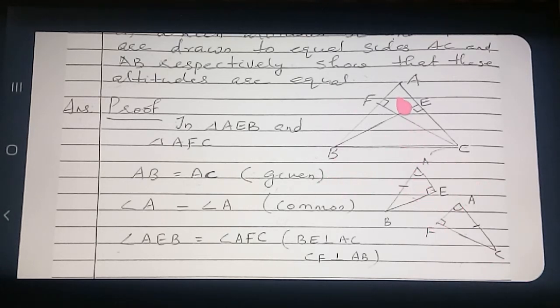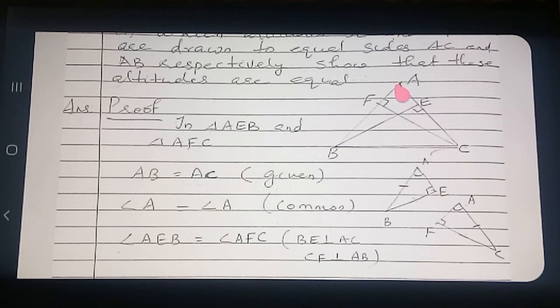Clear? From this one you can very easily understand, no? So you prove these two triangles are congruent. How can we prove it? See angle A. Angle A is the common angle. Angle A is common, so angle A equals angle A. First part is got. Writing the short name is also okay, because this angle is not a split angle.